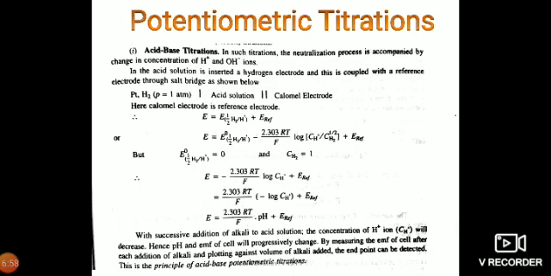Therefore E is equal to E of half H2 bar H plus plus E reference. So we can write down the oxidation reaction as half H2 giving rise to H plus and an electron. For that you can write down the EMF of the single electrode potential as E is equal to E0 half H2 bar H plus minus 2.3 RT by F into log of concentration of H plus by concentration of hydrogen raised to power half, plus E reference.